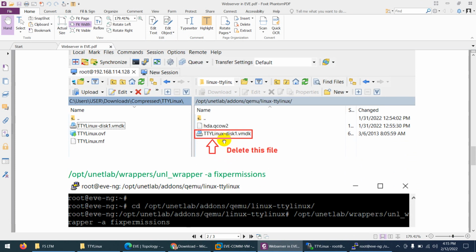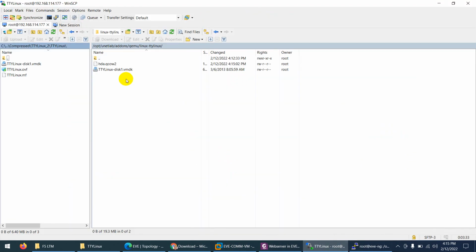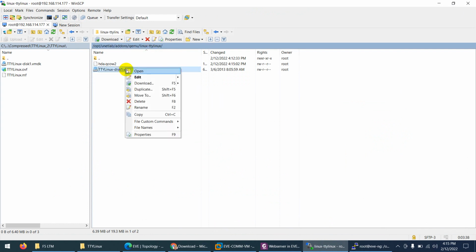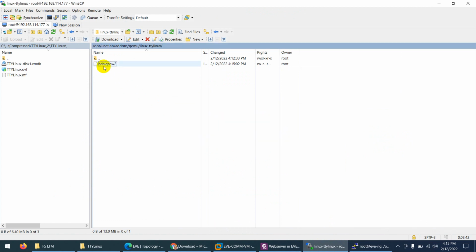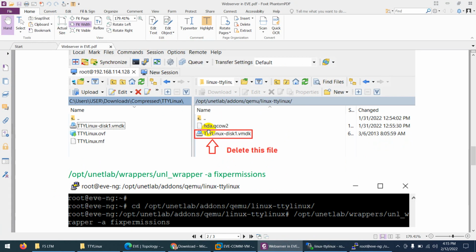Now I can delete this file. No need of this file. So go there, right click, and you can use this, either right click and delete, because now I convert this file here, so no need of this one. Next,